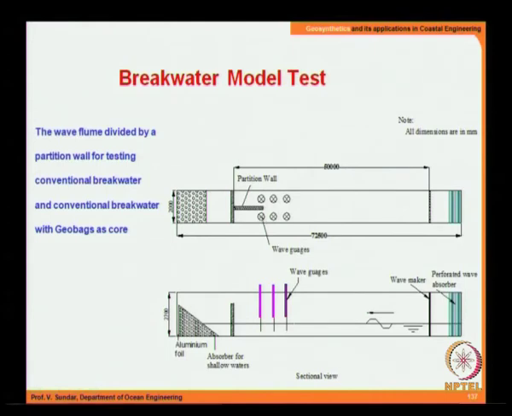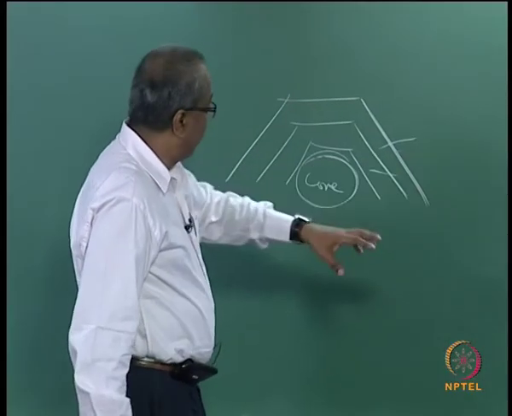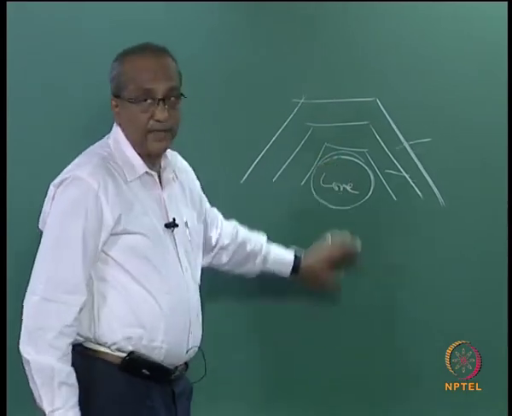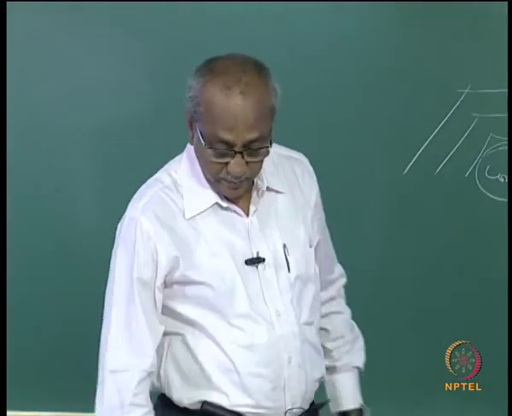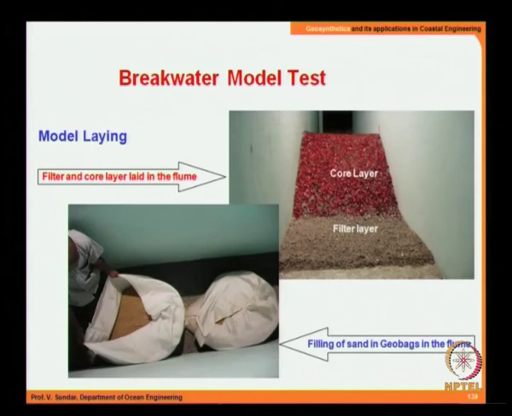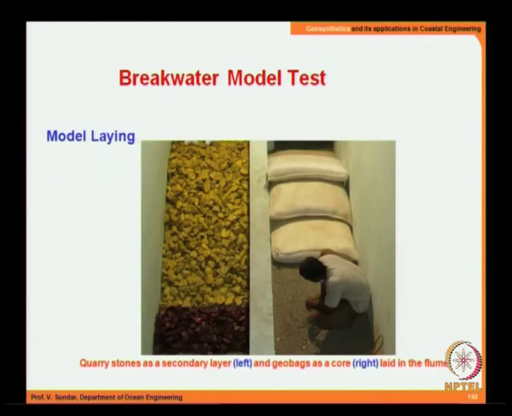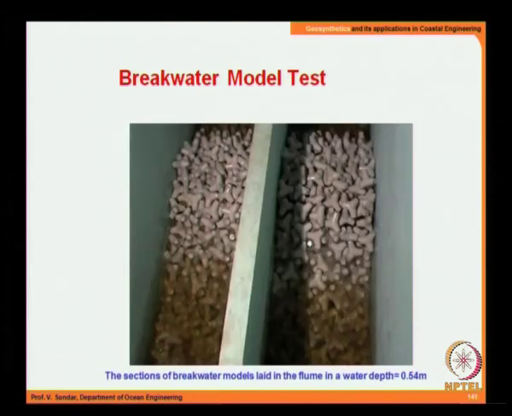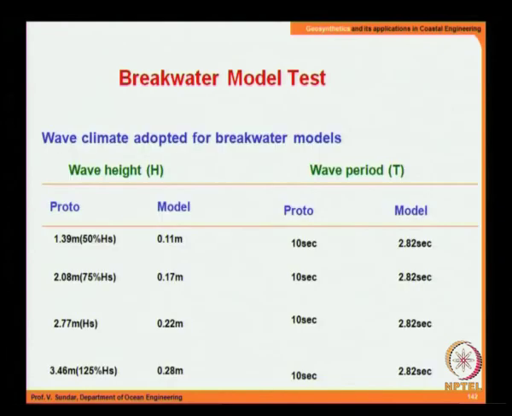In the other compartment, the geobags occupying the core has been placed, as you can see here, filling the geobags in the flume and placing, and now you have both the cross sections,